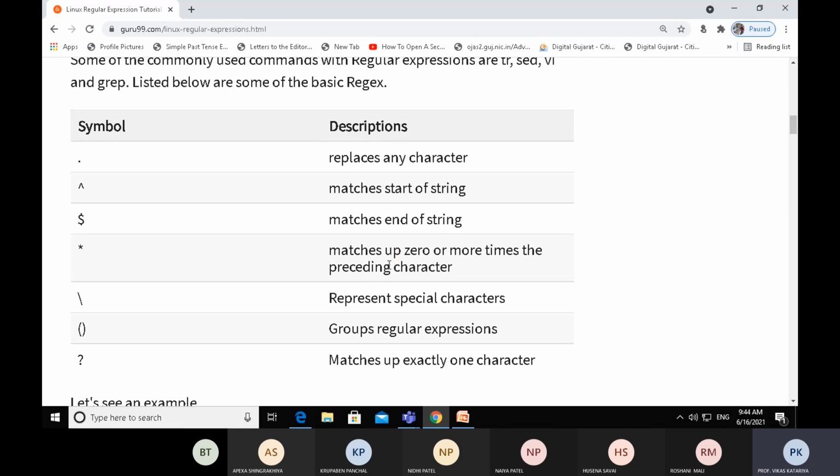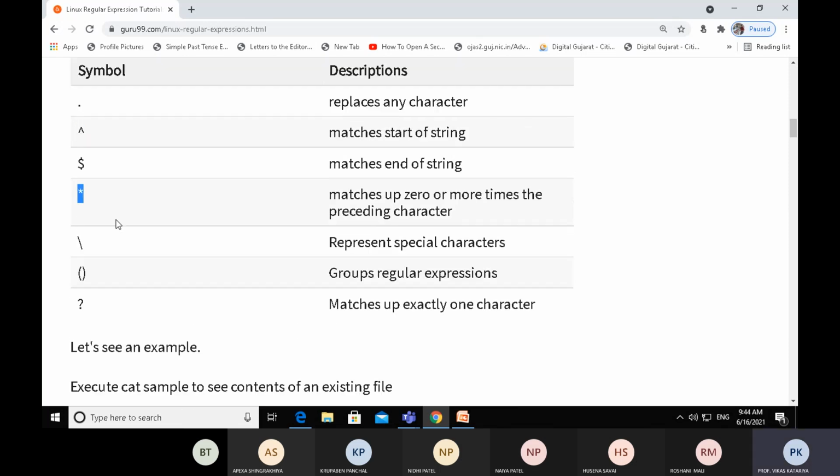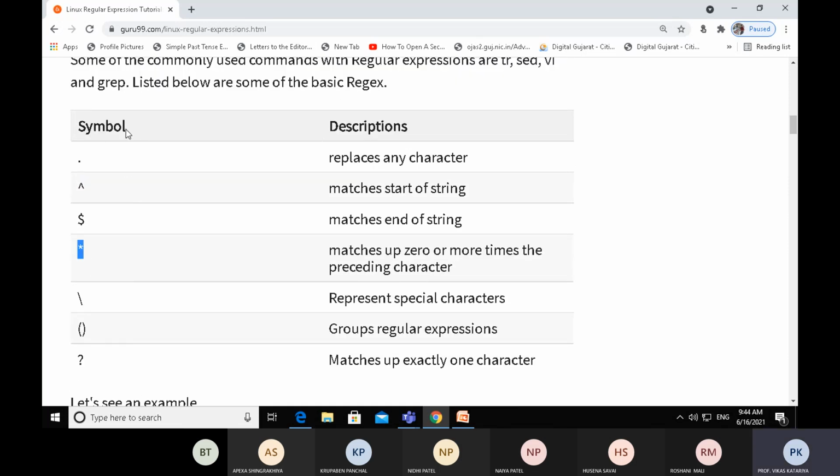We want to count how many times these strings, characters, digits occur in the file. In this case, we have to use star or asterisk as a regular expression. So these are some special characters. Let's discuss one by one.